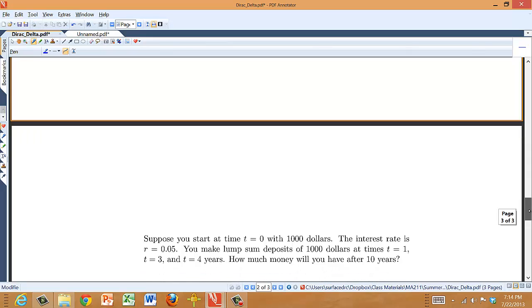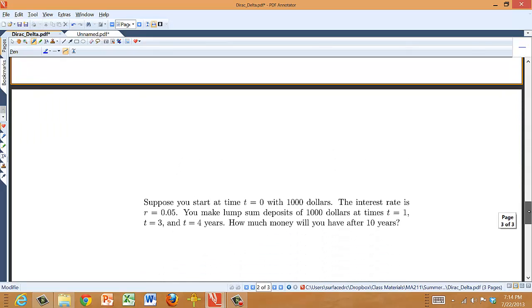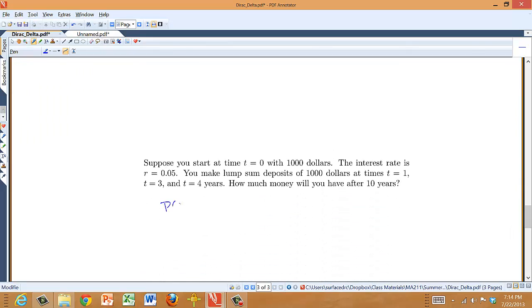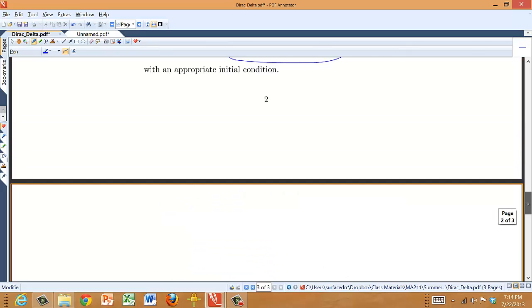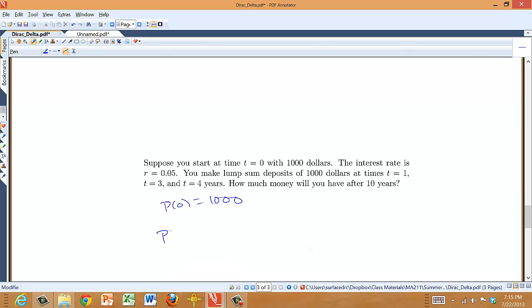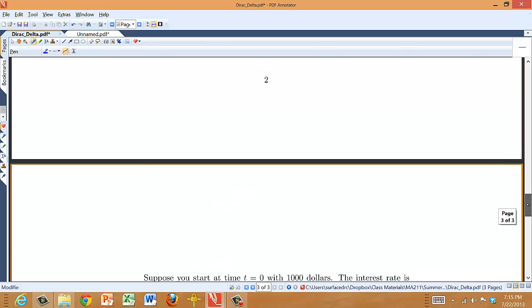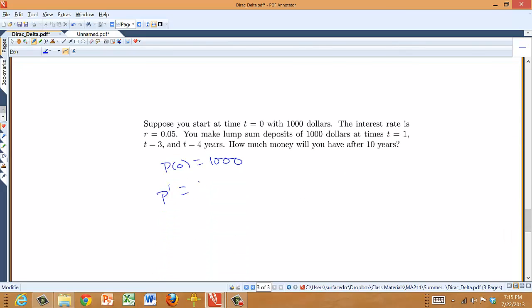Suppose I start at time 0 with $1,000, so P at time 0 is 1,000. The interest rate is 0.05, and suppose I make lump sum deposits of $1,000 at time 1, 3, and 5. How much money will I have after 10 years? Well, P prime is going to be equal to 0.05, so 1/20th times P, plus F of t, and F of t, again, that's the rate at which I'm